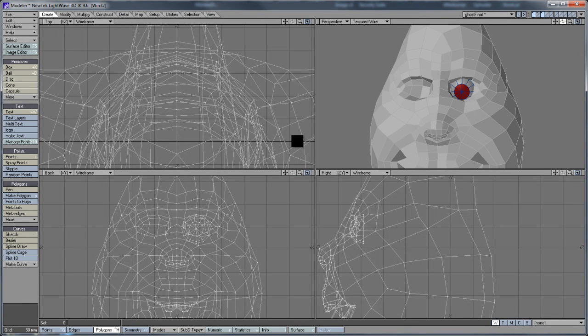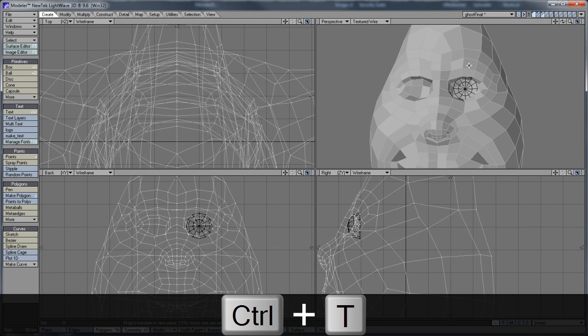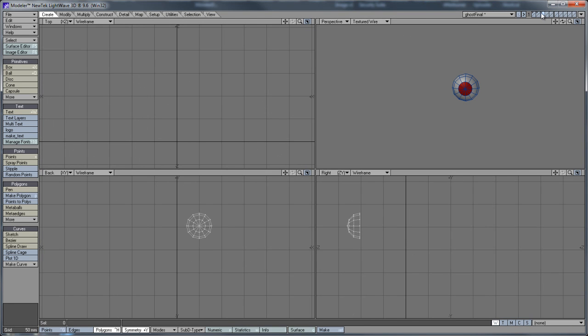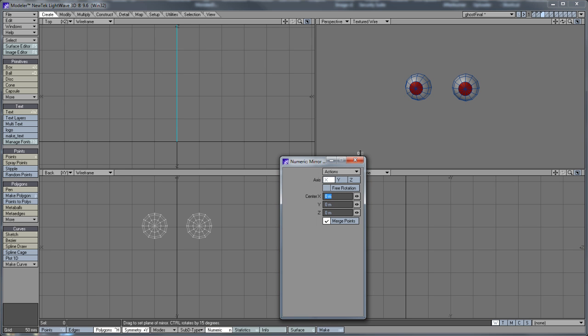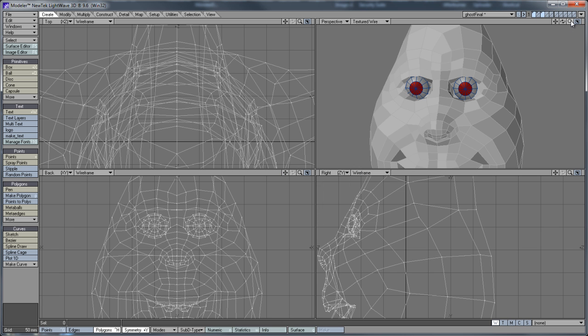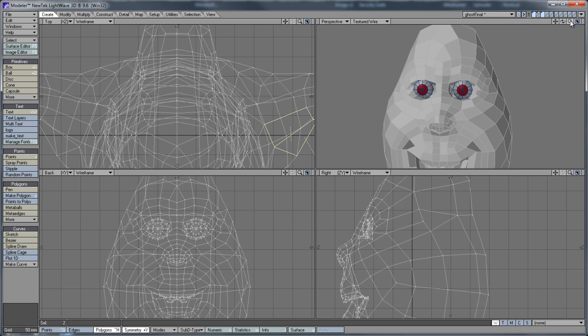Here I'm going to adjust the mesh on the ghost just a little bit. I'm not going to fuss with this because it's not worth it for what we're doing. We're not going to do close-ups on the ghost face. But we do want it to look decent, so I'm just pulling the mesh down just a little bit from where the eyes are. When I get that looking like I want, then I'm going to do a mirror copy. So now we have both the eyeballs, and I want to cut them out of layer 3 and place them in with the ghost on layer 1.